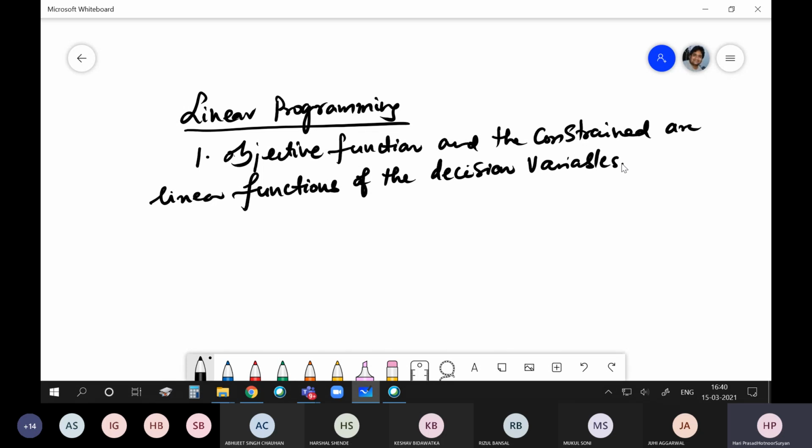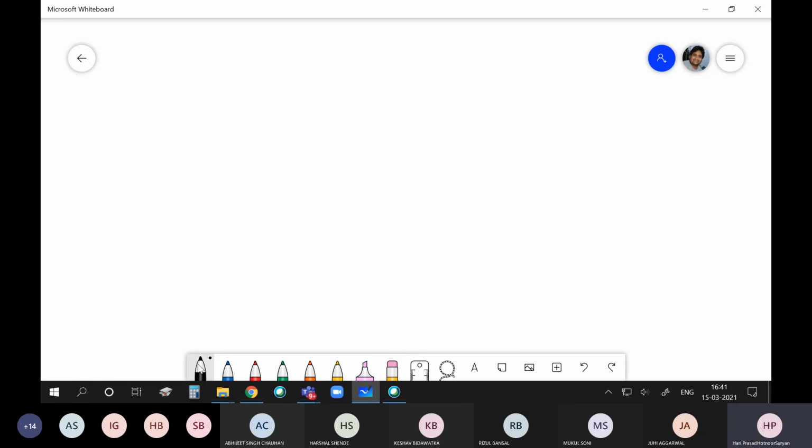A typical linear programming problem can be expressed like this. We will take the maximization problem. Any problem we can always convert into a standard linear programming problem. Any other alternative, first you have to convert into the standard form, then only solve. Different textbooks follow different standard forms, but I am following maximization.